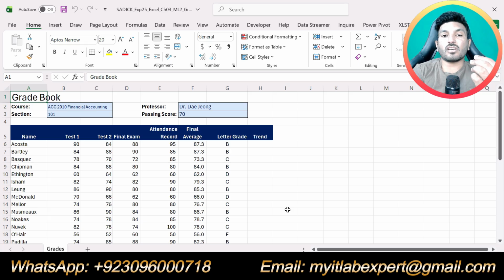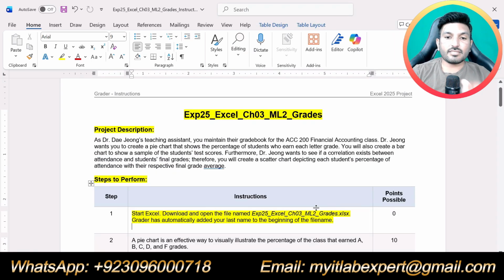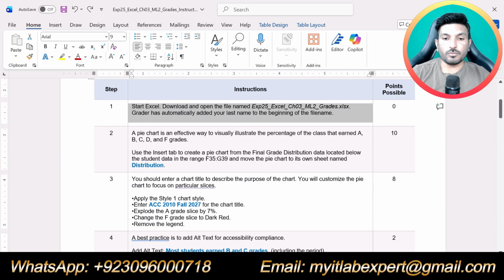So your first task in this assignment is step number 1 or question number 1, that is saying download and open this Excel workbook. So I have already downloaded this one and you can download this from your course dashboard. So first step is just about downloading this Excel workbook. So now there is nothing else to solve in step number 1 because step number 1 is just talking about downloading the file. So now let's move to step number 2.